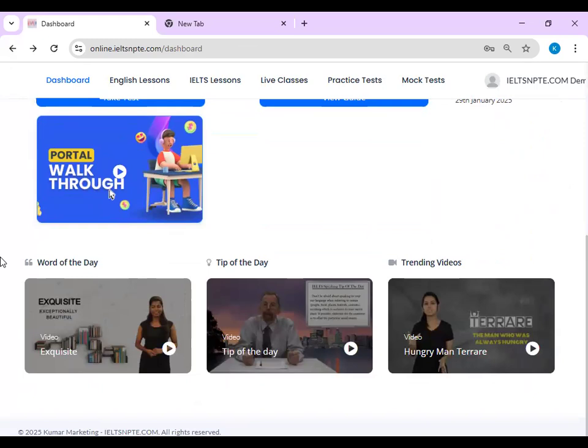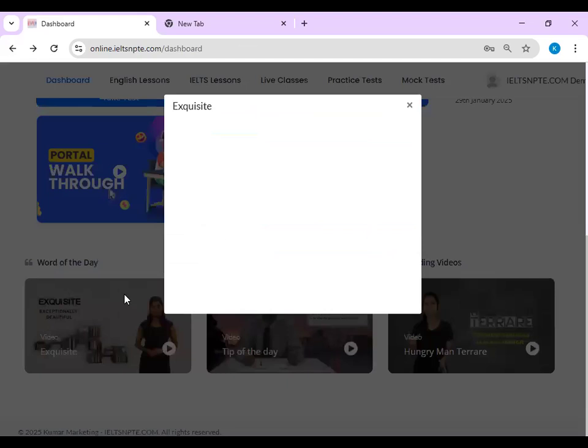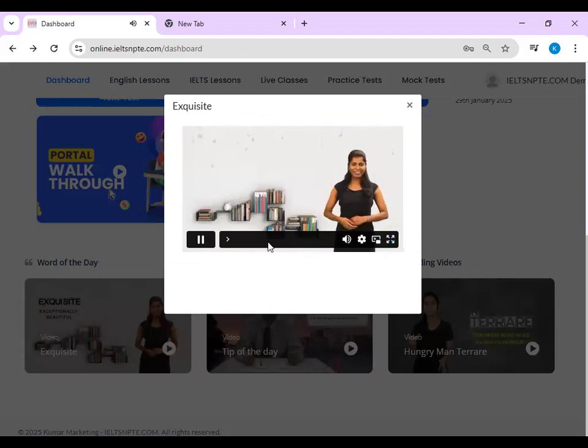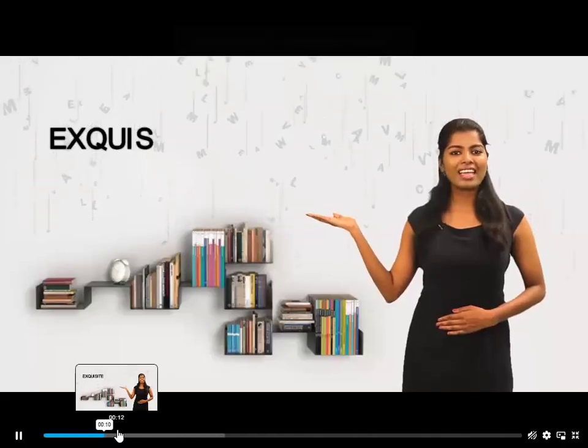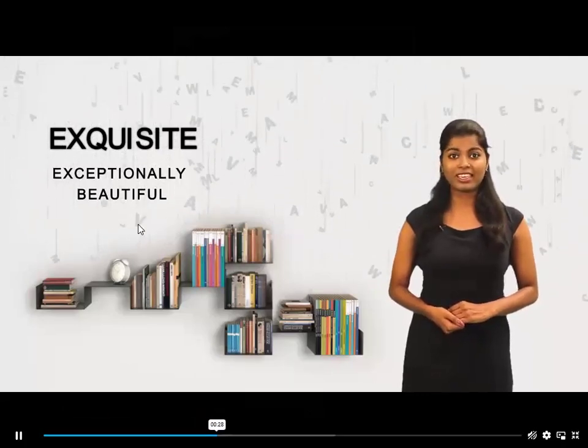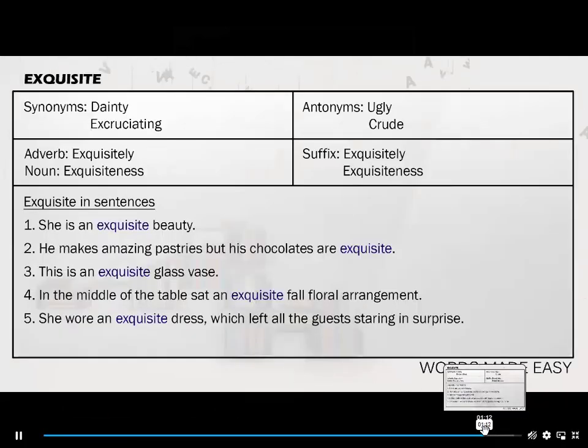Moving on, here you could see Word of the Day. Each and every day, a new word would be mentioned here, which would give you meaning along with synonyms, antonyms, suffix, and prefix. So, the word of the day is exclusive. The meaning is exceptionally beautiful. Synonyms are dainty or excruciating. Antonyms would be ugly and